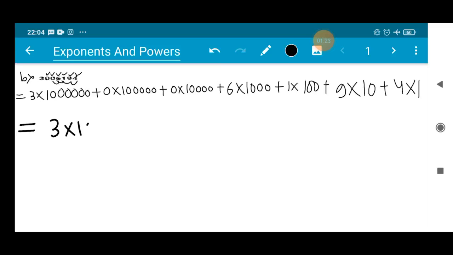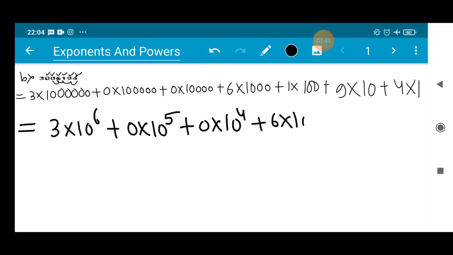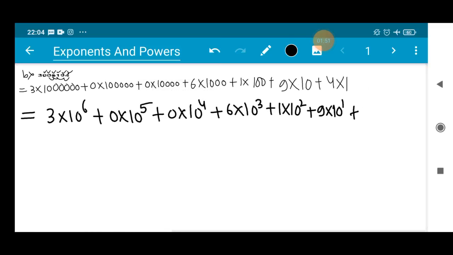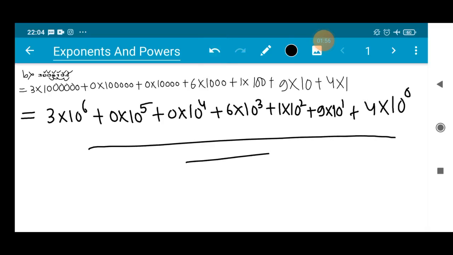Now 3 into 10 to the power 6 can be written here, because there are 6 zeros, so that's why our exponent will be 6, plus 0 into 10 to the power 5, as the exponents will decrease as you move forward toward this side. 10 to the power 4 plus 6 into 10 to the power 3 plus 1 into 10 square plus 9 into 10 to the power 1, means 10, plus 4 into 10 to the power 0, means it is 1, isn't it? So this is the expanded form of the number